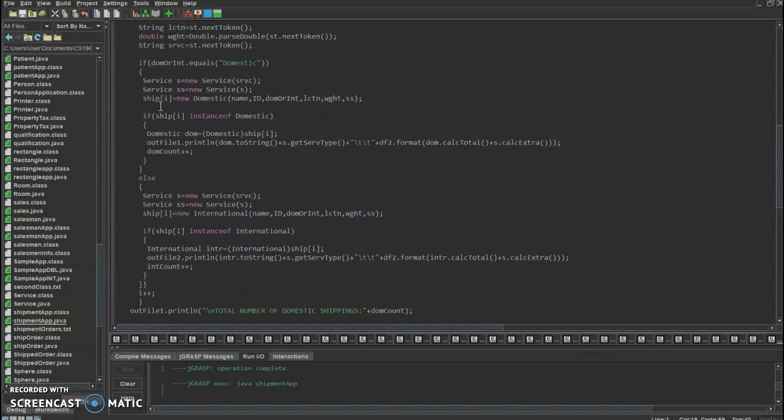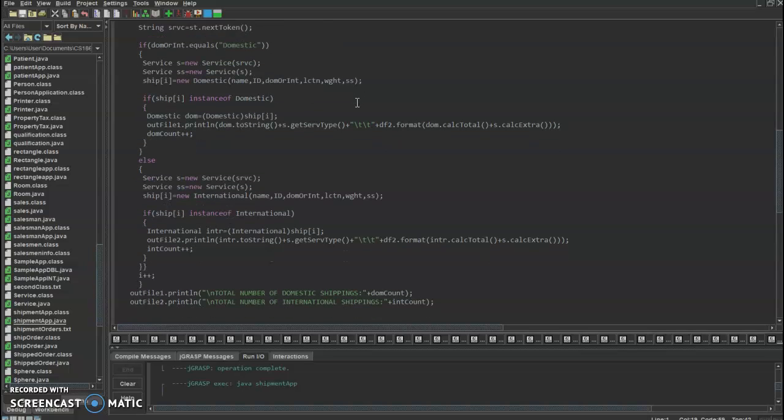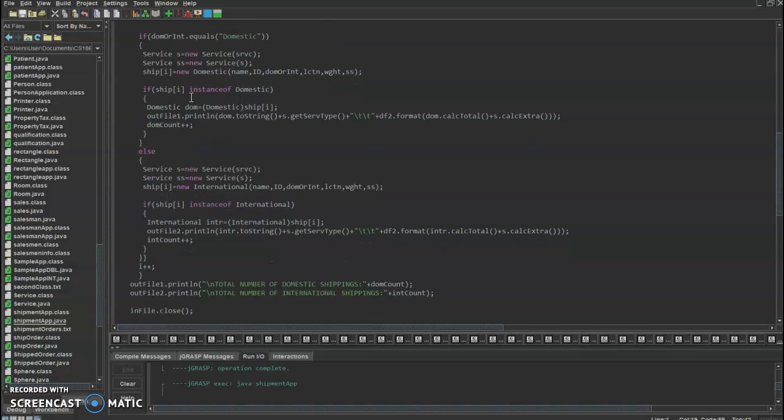And then we declare the object for domestic by applying polymorphism, and we have name, ID, domestic or international, location, weight, and ss. We use object ss as one of the parameters, and then we use instanceof. If ship i is an instance of Domestic, we do casting,